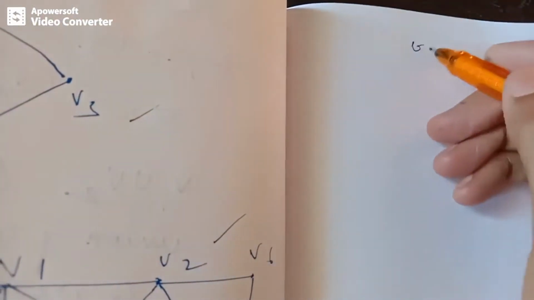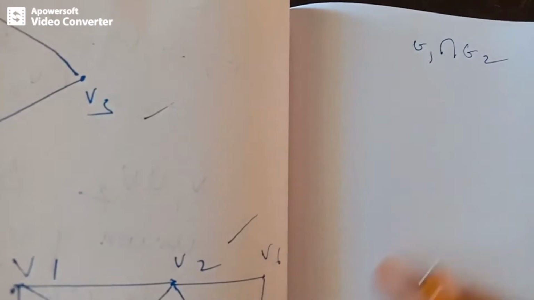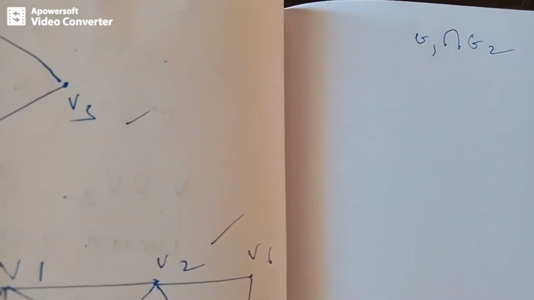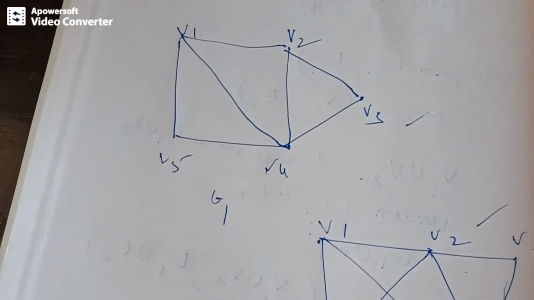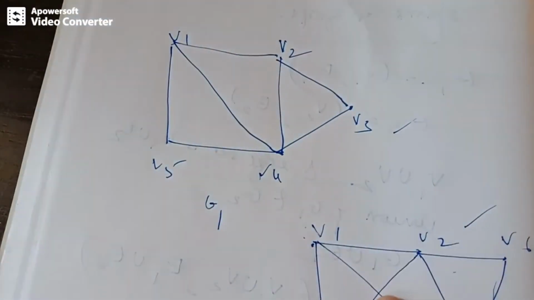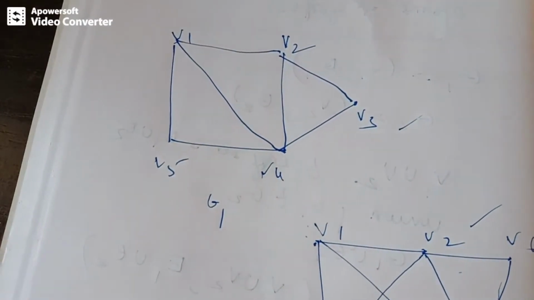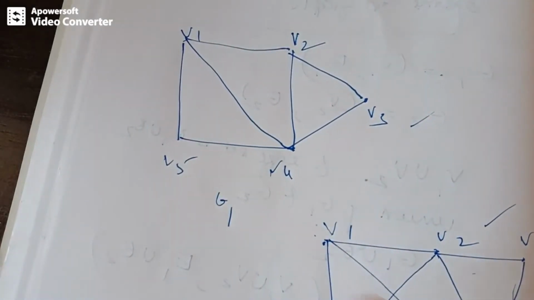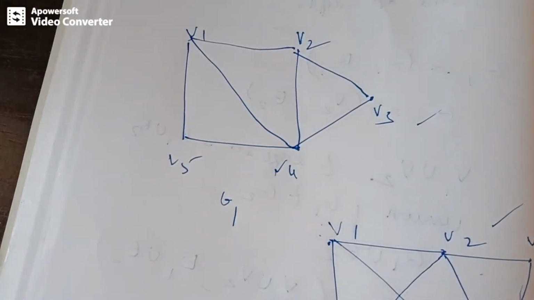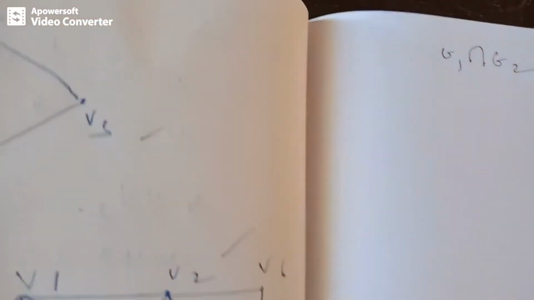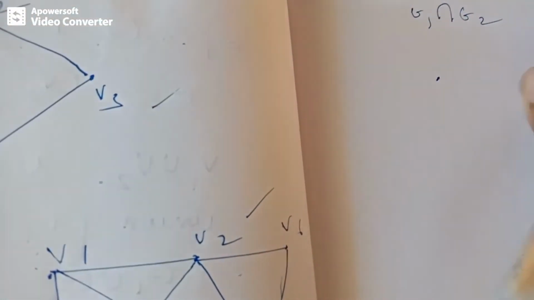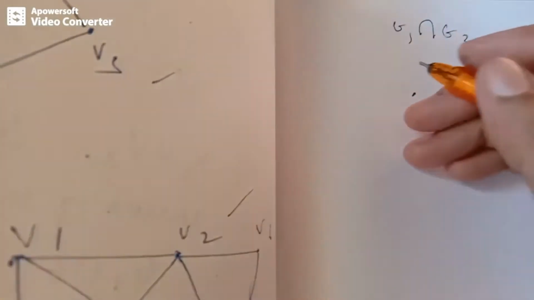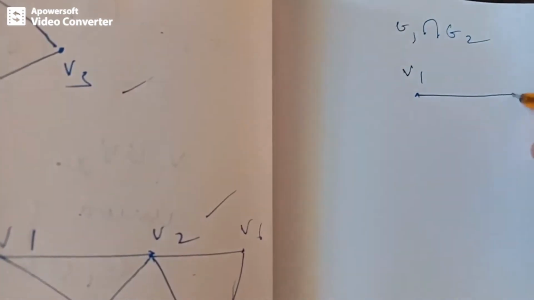It is represented by G1 intersection G2, and it takes the vertices which are common and the edge set which are common. So you can observe that in the two graphs V1, V2 are in common, plus V4, V3 are in common. So we are not supposed to take V5 and V6, only the vertices which are in common plus the edge set which are in common. So G1 intersection G2 looks like this. I am just taking the two graphs in comparison. So you will be getting V1, V2,